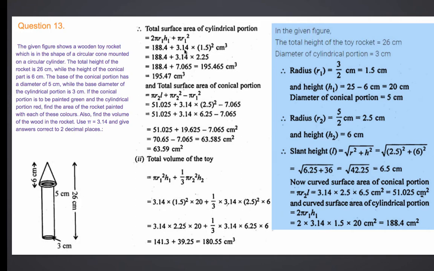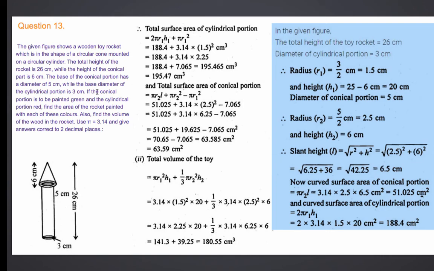So this is what it is, 3.14 into the radius of the cylinder we discussed, the base of the cylinder 1.5, that is squared. On calculation, I get this much as the total surface area of the cylindrical portion. Now for the cylindrical portion we are done. We have painted the base, which was circular. We have painted the curved part of the cylinder also.